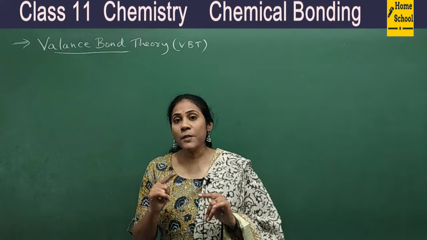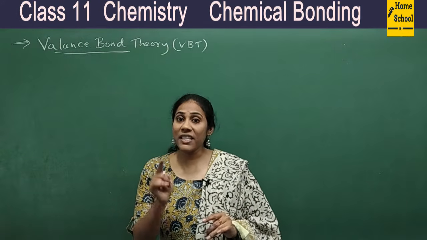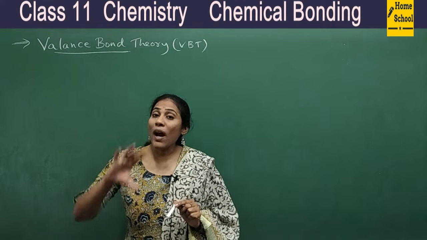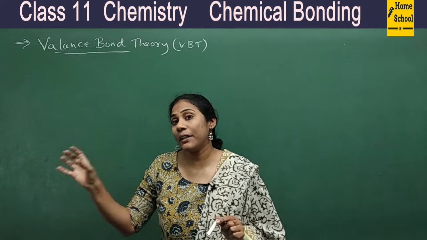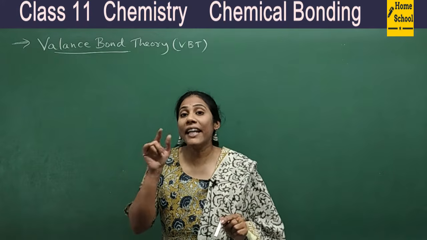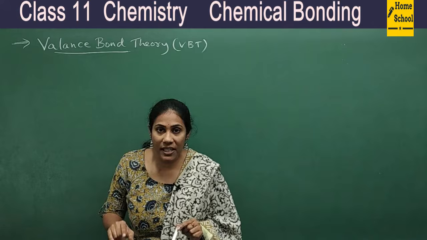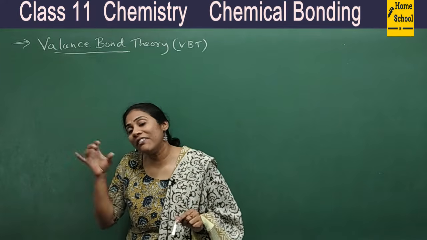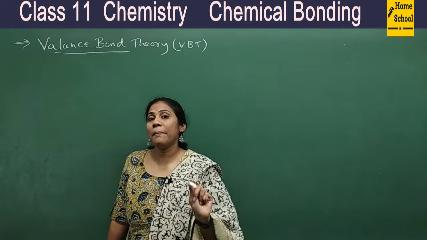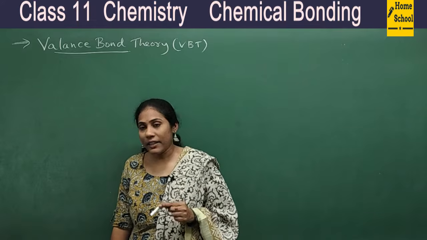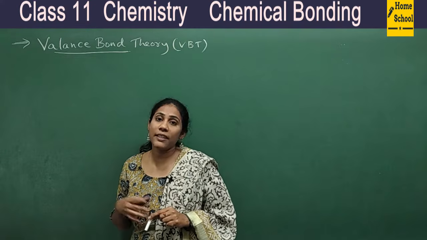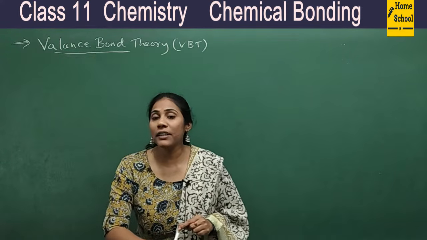Fine. So far we spoke about the octet rule, which we studied under Kossel-Lewis theory. The octet rule mainly told us why atoms have to combine. According to the octet rule, having 8 electrons in the valence shell is most stable. So every atom wanted to have that 8 electron configuration, and so it combines with other atoms to form molecules, right? And later we spoke about ionic bond formation, covalent bond formation, then to explain the shapes of